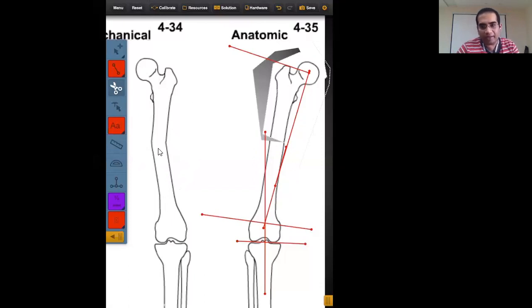Mid diaphyseal line does not really mean exactly the mid of the diaphysis. It has to be a diaphyseal line in the middle part, meaning this is the diaphysis. You will take one extreme, the other extreme, and then draw a line in the center. Again, you'll do the same. So the mid diaphyseal anatomical axis line would be different for the proximal femur and for the distal femur. Okay.